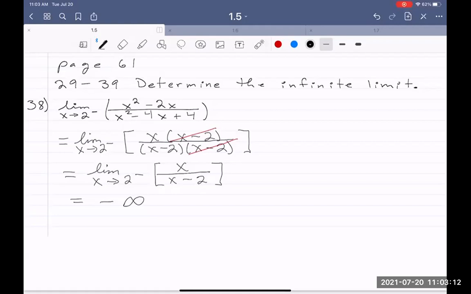By the way, notice that the two-sided limit doesn't exist. If I plugged in numbers that were both greater than and less than 2, if I plug in a number that was greater than 2, I would get 2 over a small positive number. So I get a positive infinity. So if I looked at the other sided limit, I would not get negative infinity, but I get positive infinity. Therefore, the right and left side limits aren't equal. And so the two-sided limit would not